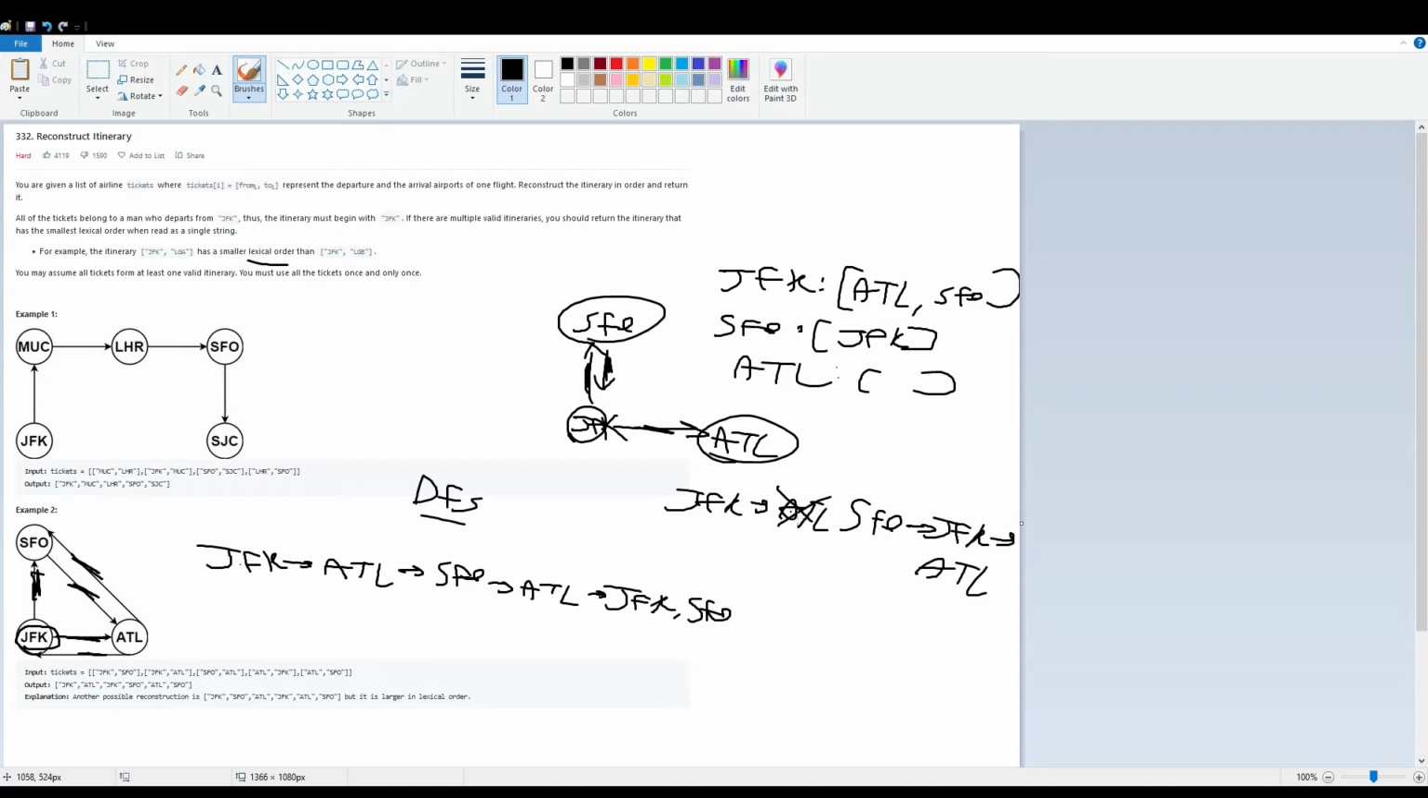So in this case, when we visit Atlanta, how do we know when to completely stop? Well, we're basically going to store everything in a result array here, and we stop when the length of result is equal to the length of tickets plus 1. Why do we stop here? The result array is going to store the output. So why length of tickets plus 1? Well, it makes sense because